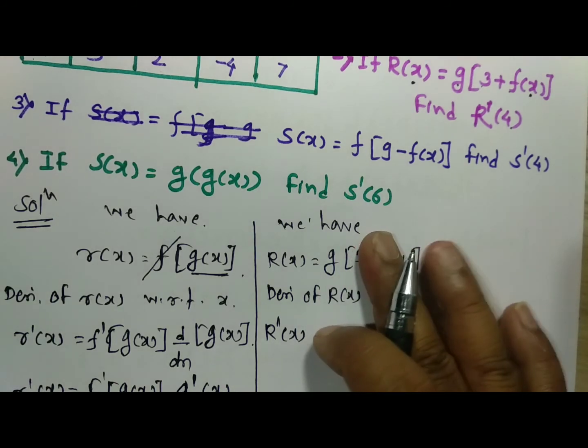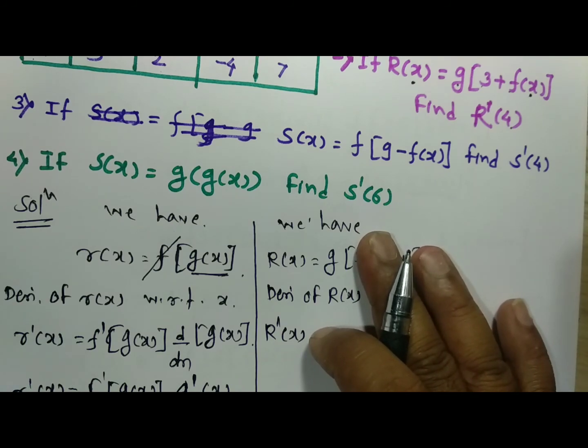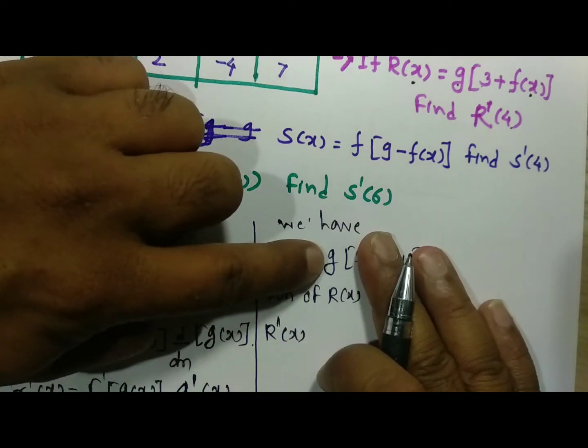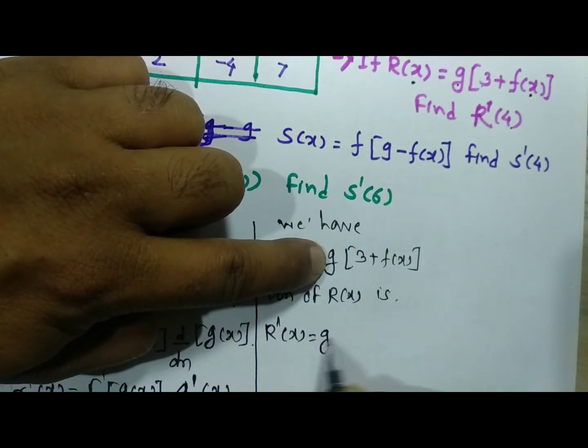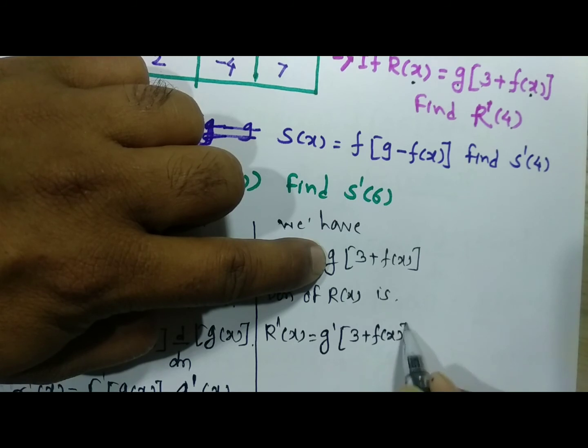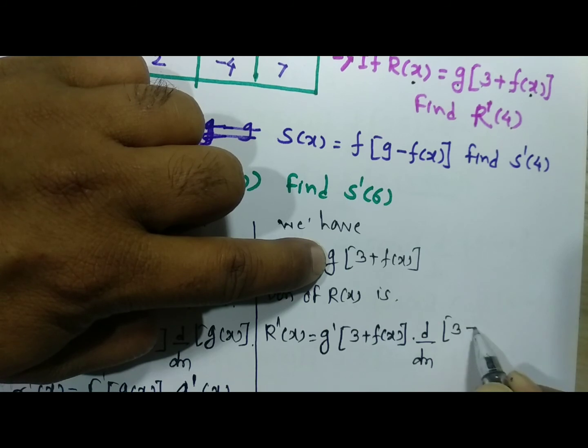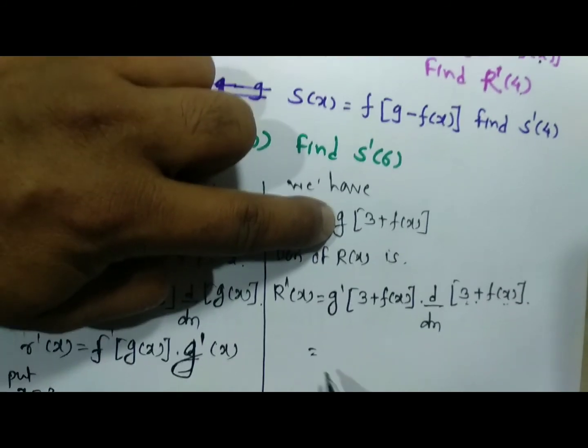You have to cover the expression inside the bracket with your fingers and find out the derivative of that g. Derivative of g is nothing but g dash, and therefore g dash, inside the bracket whatever the expression is put as it is, 3 plus f of x, into, now we are going with the derivative of this expression. That means 3 plus f of x is here. Right now this is the addition of these two functions, and therefore the derivatives of these two functions are taken separately, and taking the addition of these functions by using the algebra of functions.